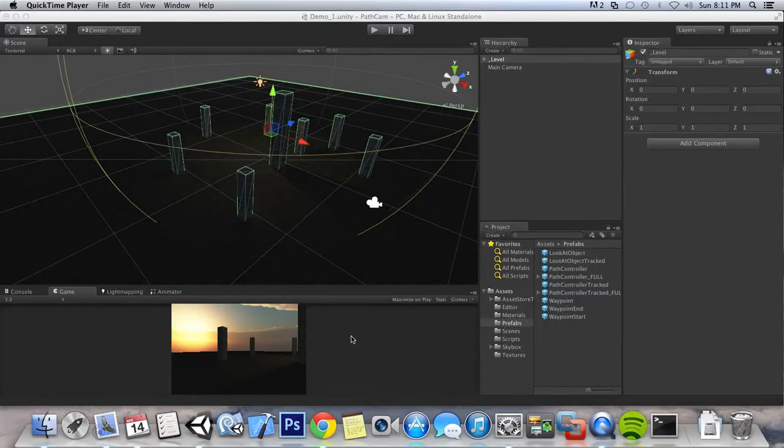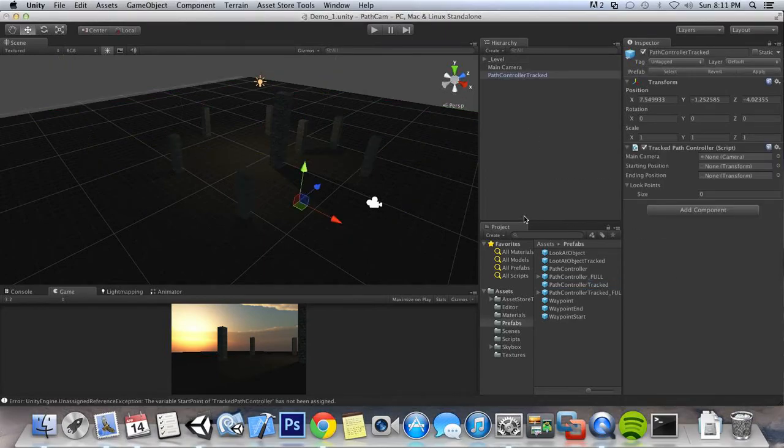In this tutorial, we're going to go over PathCam's tracked path controller and how to set that up. So the first thing here is we have our level, and we just have a main camera in our scene. So I'm going to come down to our prefabs and add the path controller tracked. And you can see that added this object with the main camera, the starting position, end position, and our look